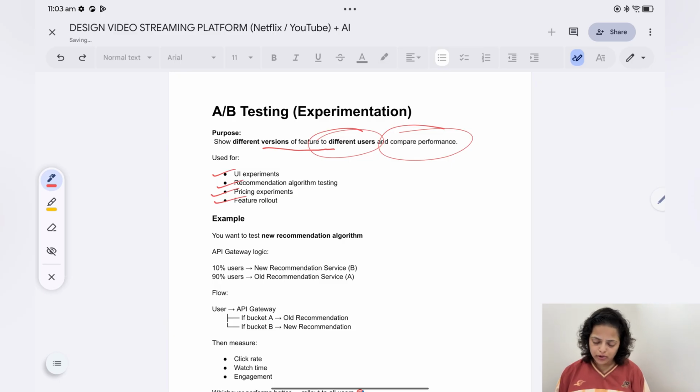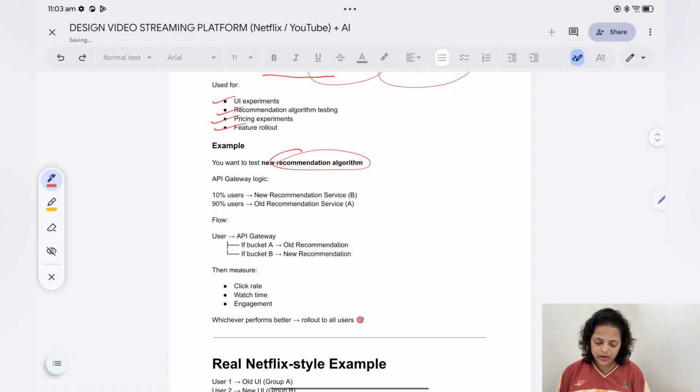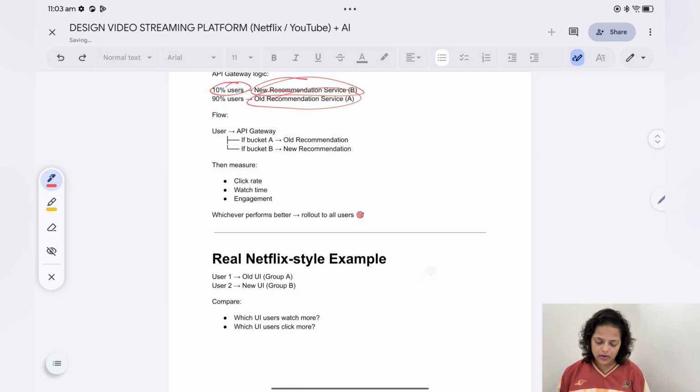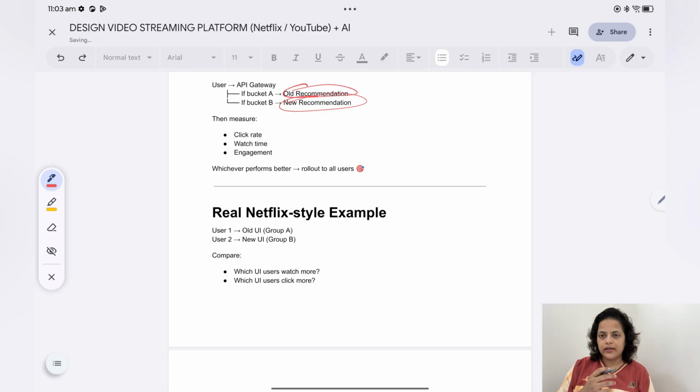For example, you want to test a new recommendation algorithm. With API gateway logic, 10% of users are sent to the new recommendation service and 90% to the old recommendation service. The user sends a request to the API gateway, and if that request goes to bucket A, it shows the old recommendation, otherwise the new one.